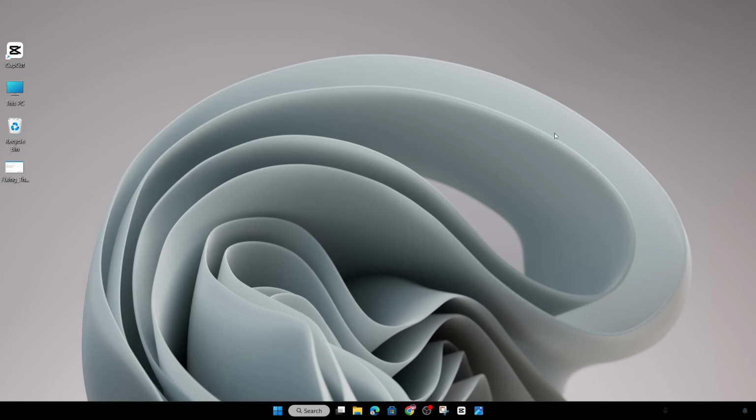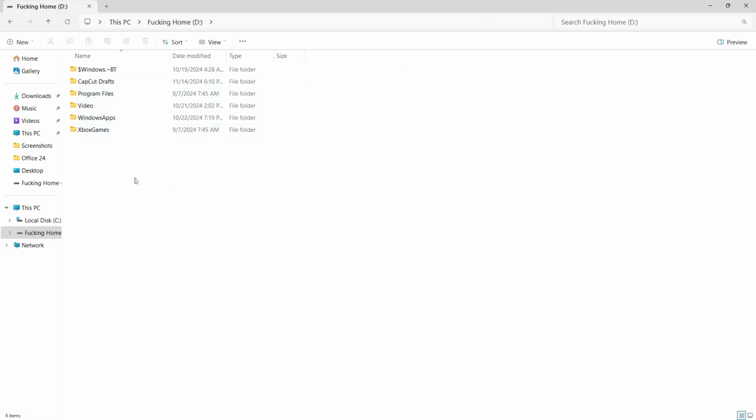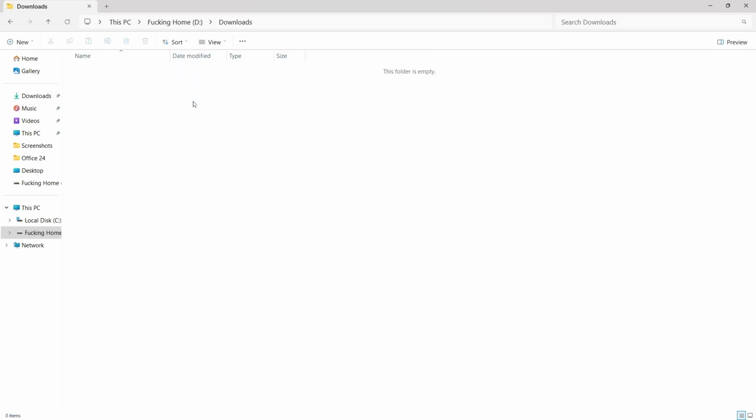Today I'm going to show you how you can change your download location in Windows 11 in a very simple way. What you need to do is open This PC, then go to the D drive and create a folder over here called New Folder. If you want to name this folder Downloads and download all of your files into it,